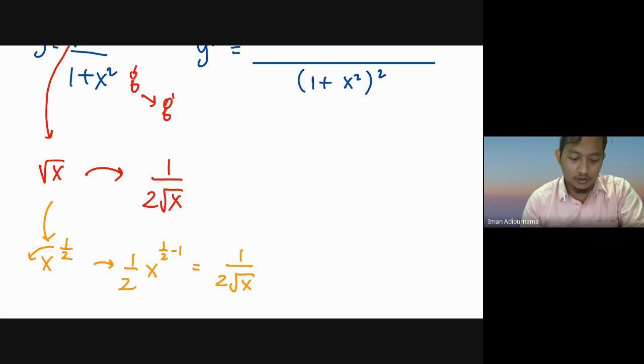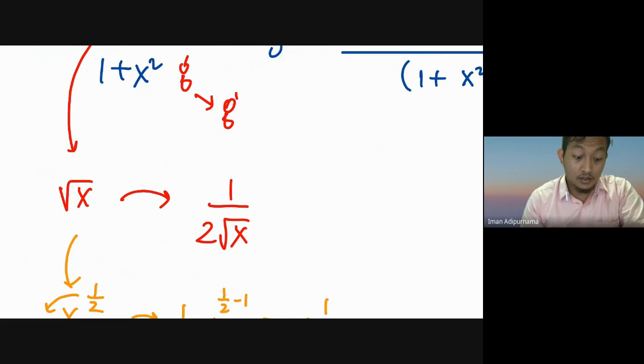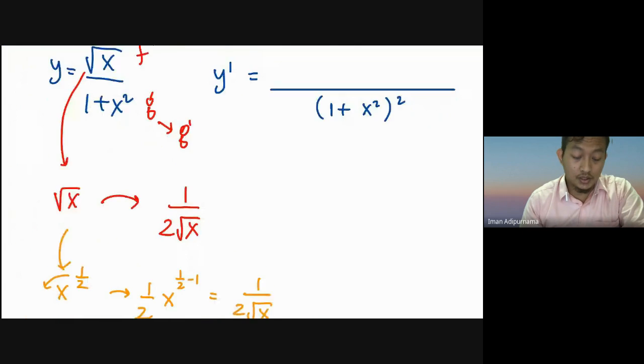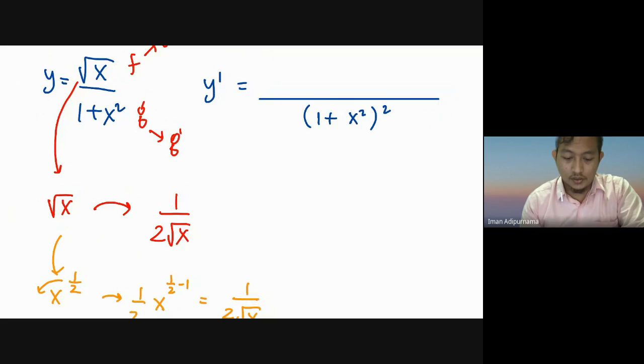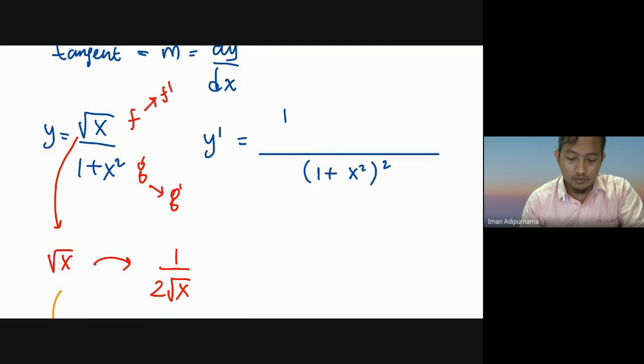I hope you can do this fast because it frequently appears. So we can write 1 over 2 square root of x, times 1 plus x squared, which is g,